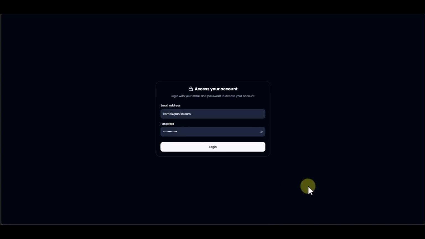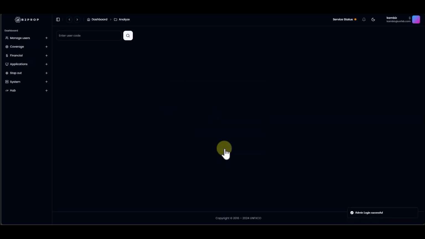We're here to explain the byte-a-prop system of UNFX company. First, when you initially enter the specific address, you will see a prominent login page, and immediately after successfully logging in, you will gain complete access to a comprehensive and intuitive control panel, much like this one